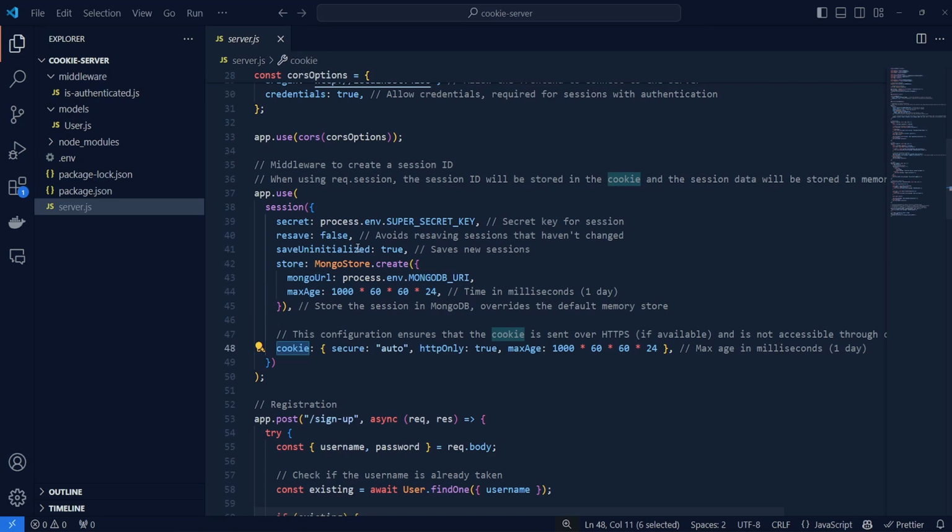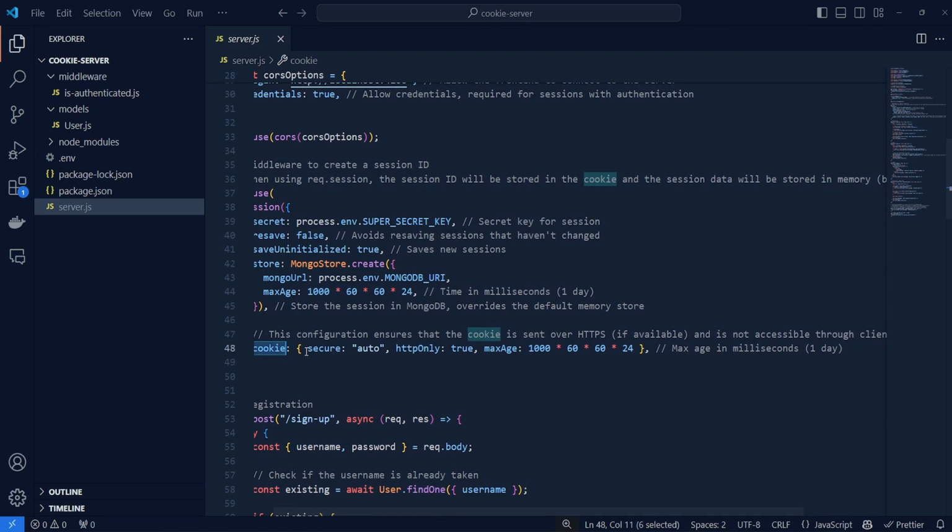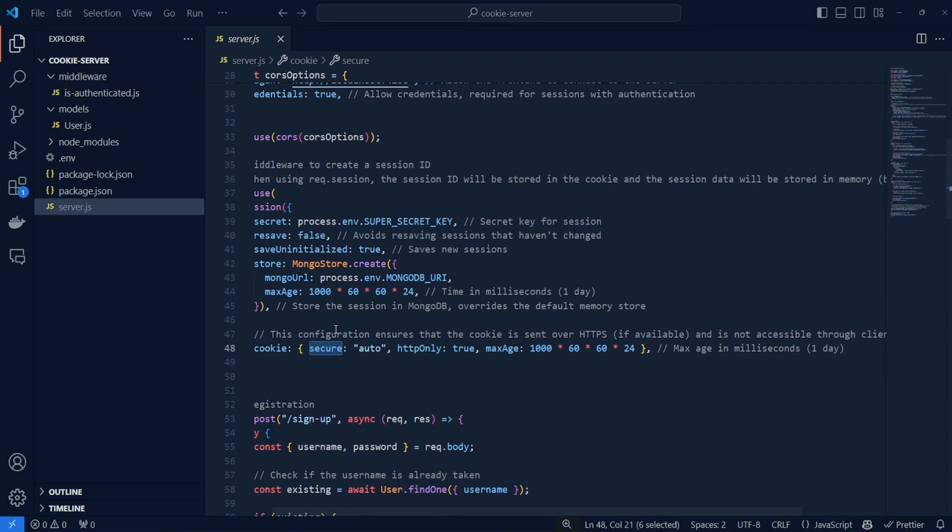And then we are essentially configuring our cookie object. So in here, this is the configuration for our cookie, and we're setting 3 parameters. The first one is secure, and it is set to auto. Now, if secure is set to true, it will only allow this cookie to be sent over HTTPS. If it is set to false, it will allow the cookie to be sent over HTTP, and if it is auto, it will automatically detect the type of connection, and then that cookie would be allowed to be sent through